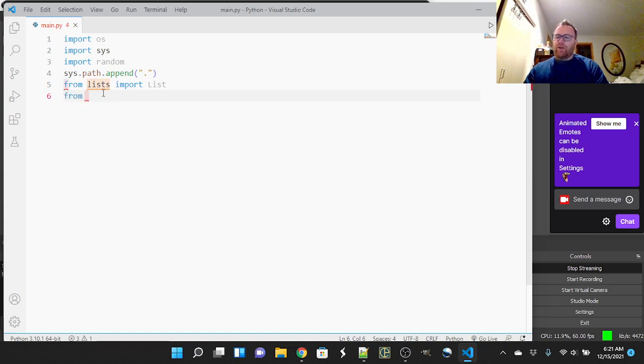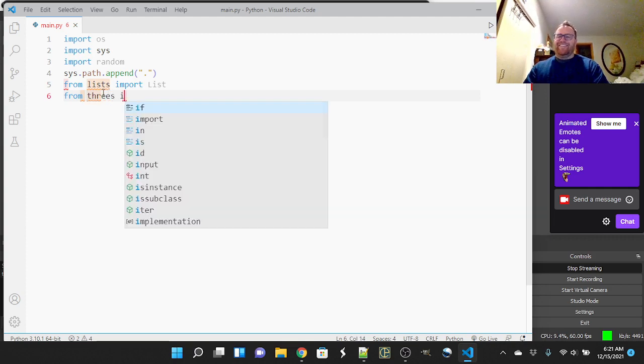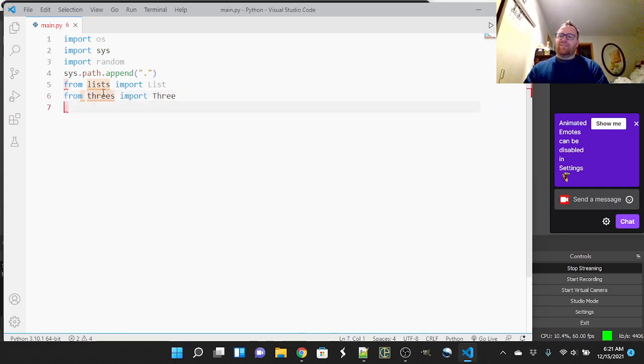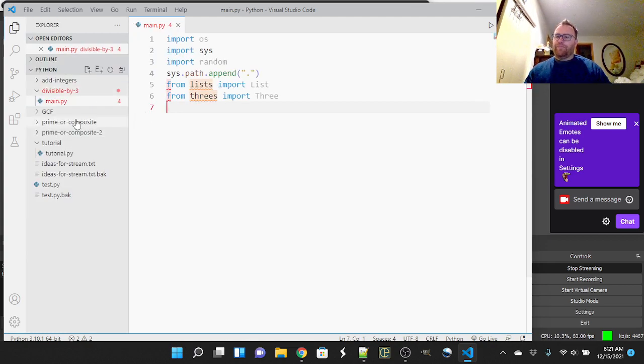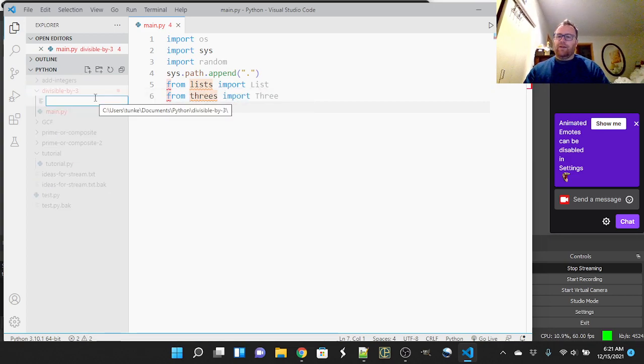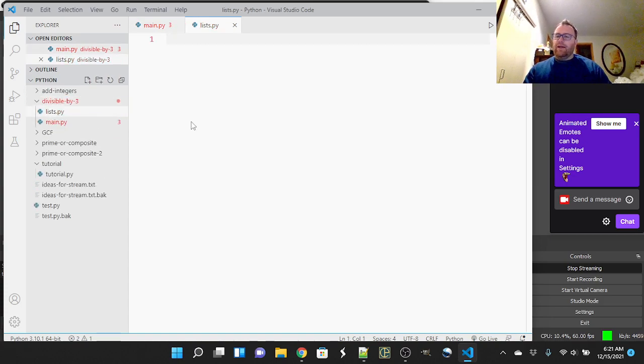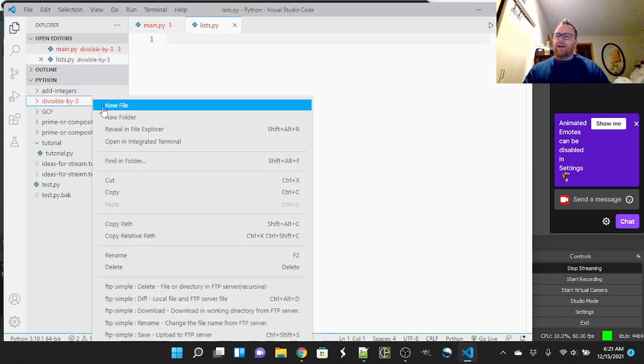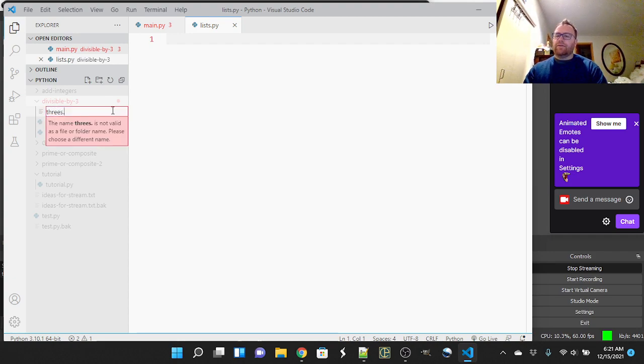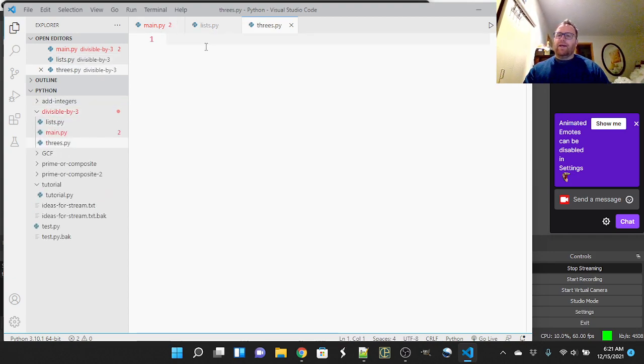and I have to create that. So from, I don't know what I want to call this. From threes import three. Okay, so I have to create these files. So let me open this up here and go here and create a new file. Let's call it lists.py and create another new file and call it threes. Okay, and we've got to create a class called list, and